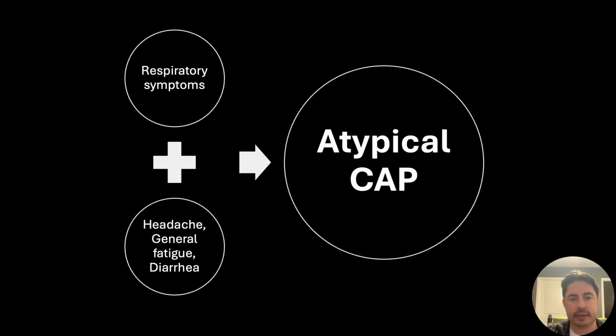Then there's different types of pneumonias. So mycoplasma is the most common cause of atypical pneumonias, and it's smaller than a bacteria and larger than viruses. So when we talk about atypical community-acquired pneumonia, your mycoplasma,